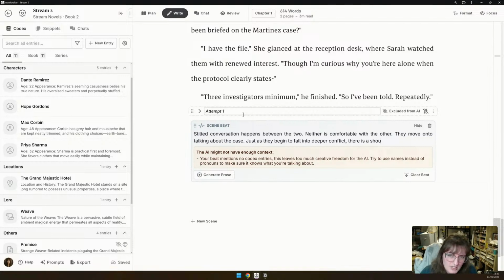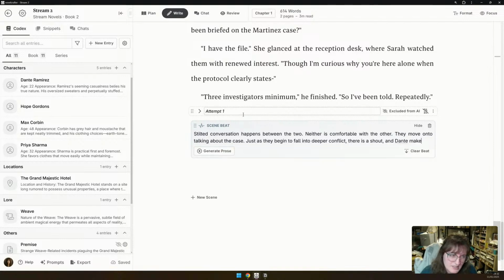There is a shout, and Dante makes his appearance late. Max has some experience working with Ramirez. This isn't written in the codex, so I'm going to add it here.